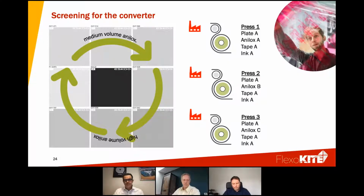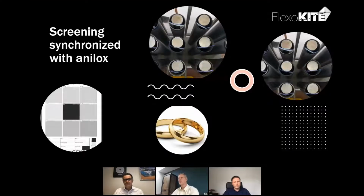So if you don't have some sort of anilox standardization in place, then this leads us on to the next topic. So now I'll hand you back to Nick, where we can take a closer look at how we can look to harmonize and synchronize those surface screens with the anilox roller. So Nick, back over to you. Okay, thanks. Yeah,